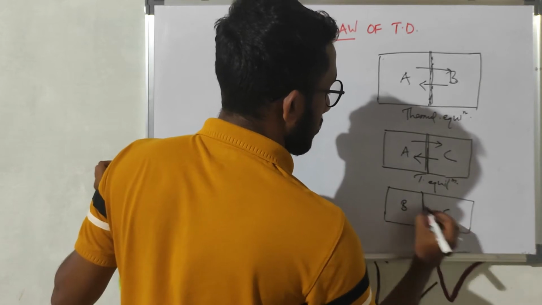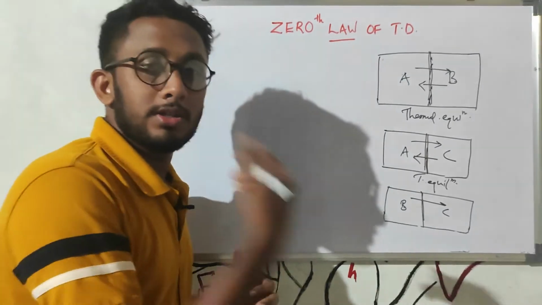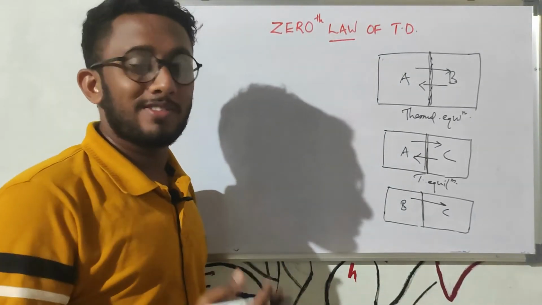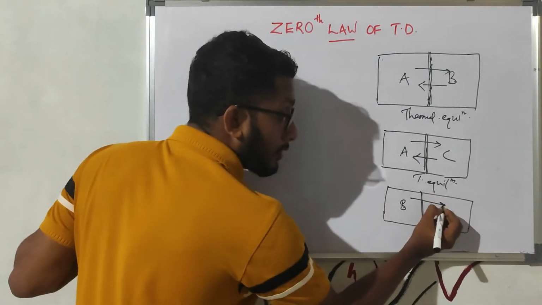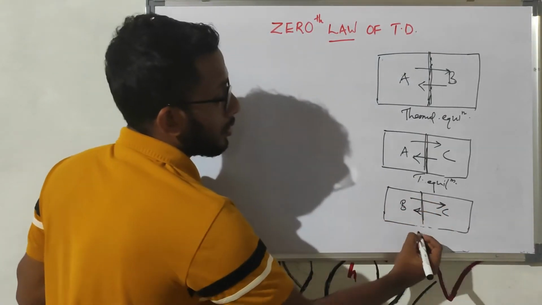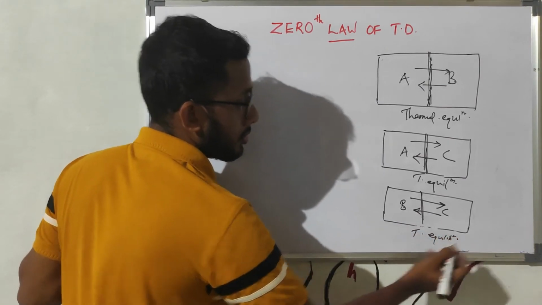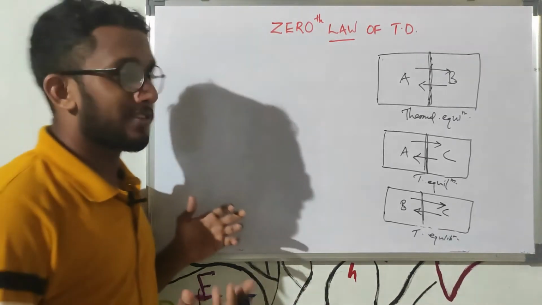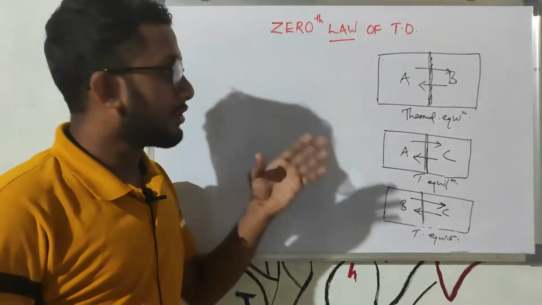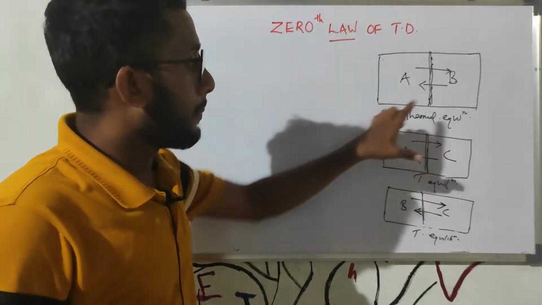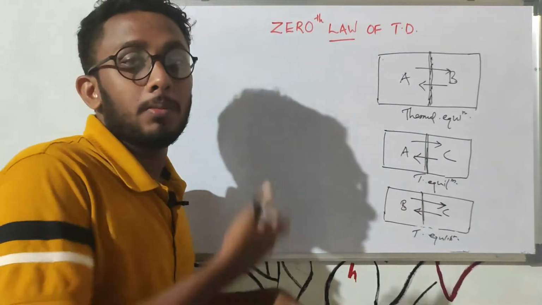Two systems, B and C. What happens here for the transferring of heat or attaining equilibrium? This is the point, because it will also attain equilibrium. Is there any excitement with this? Because it's not a natural process, that when A becomes in equilibrium with B, and A becomes in equilibrium with C, B also becomes in equilibrium with C.